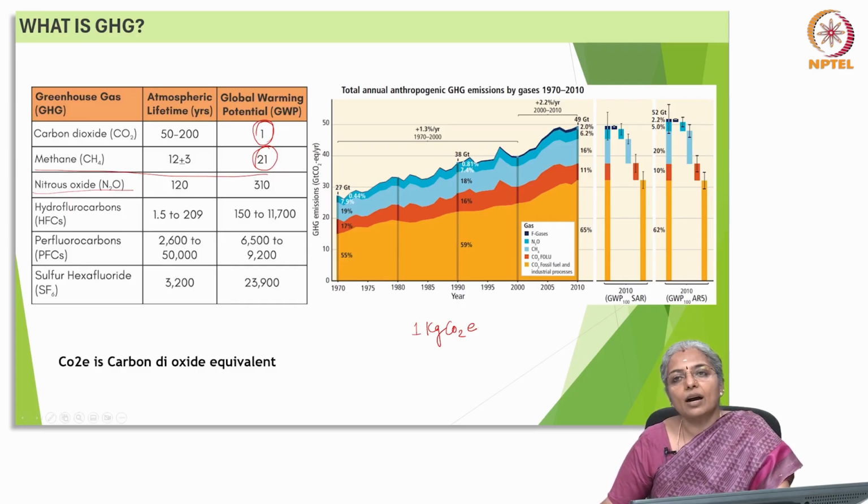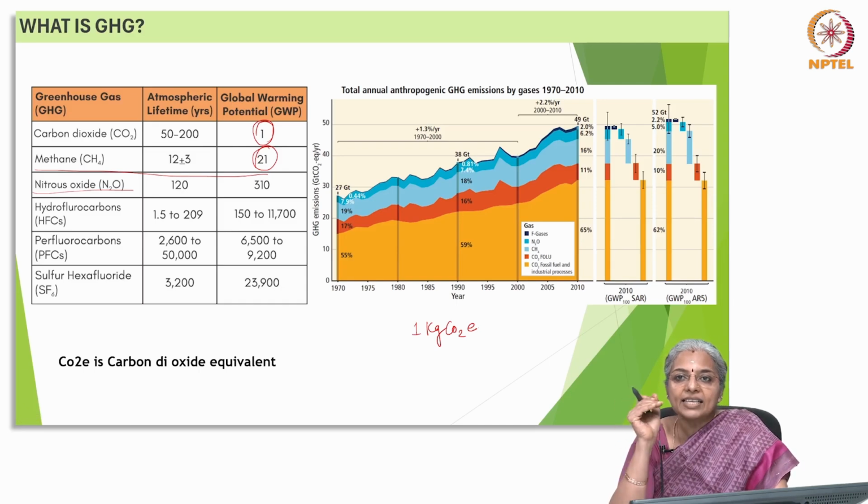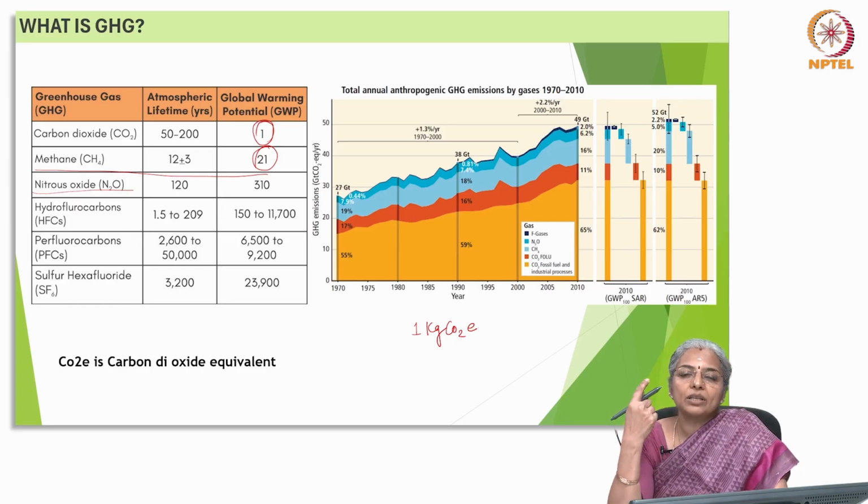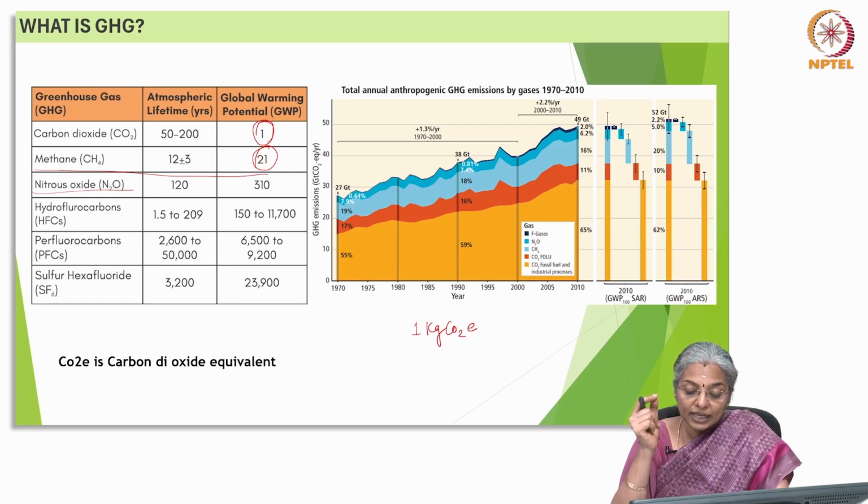So, actually carbon dioxide serves as a reference gas and is assigned a global warming potential of how much? 1, irrespective of the time frame that it is used, due to its role for benchmarking purposes. The prolonged residence of these gases in the climate system can last for thousands of years and can have a very long